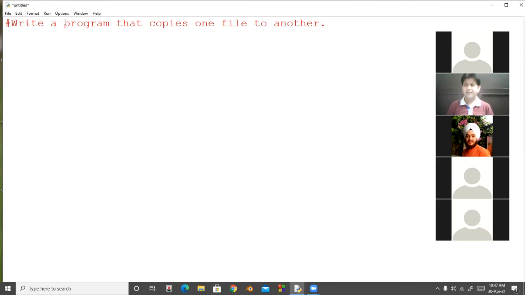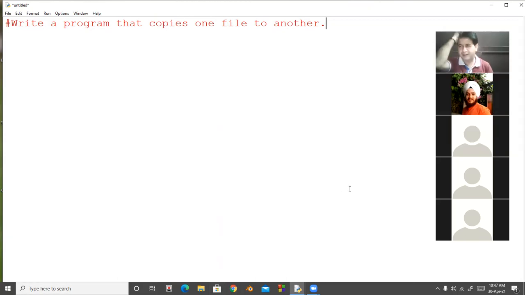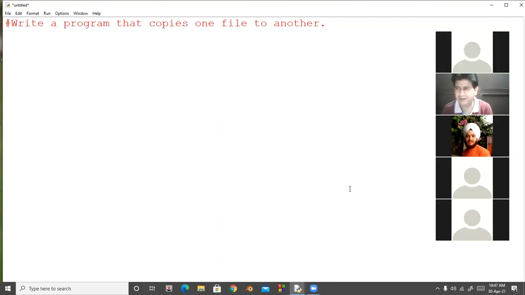Okay, students, any student who can give the answer to this question? Very simple program. It means we are going to create a duplicate copy of the same file. How is this possible in Python?